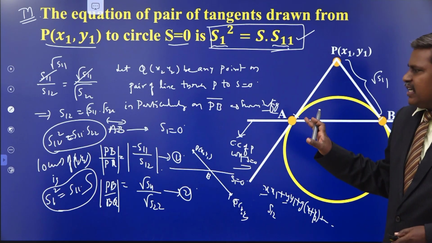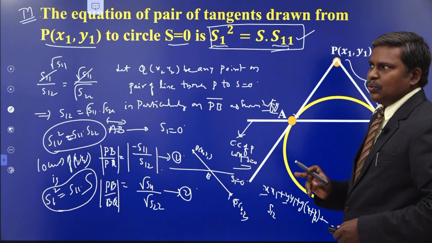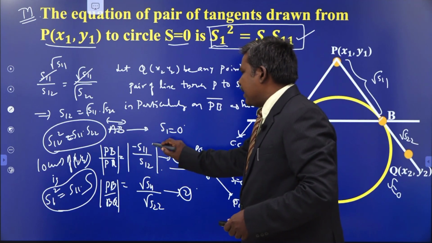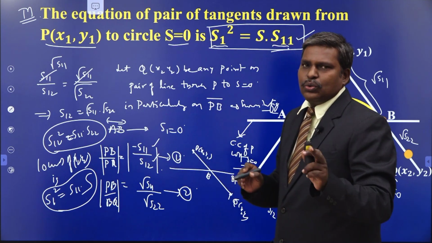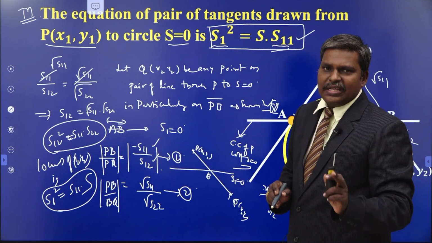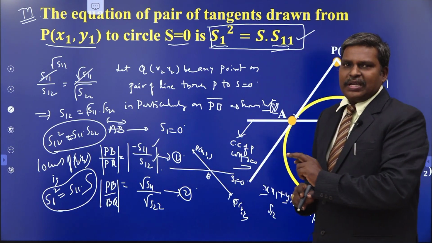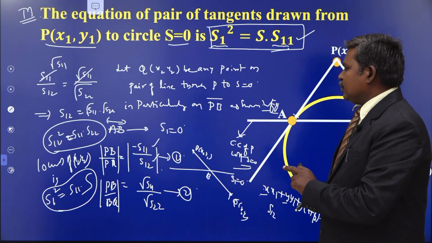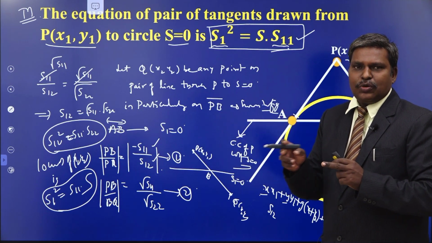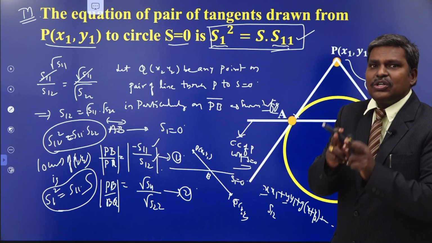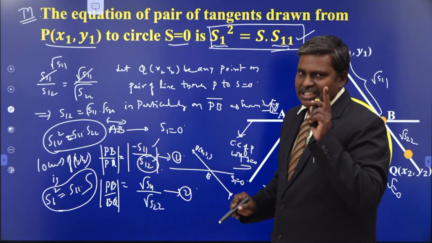Two things you have to remember, dear students. One is the ratio, that is minus L11 is to L22. Instead of L11 we have minus S11, and instead of L22 we have S12, not S22. L22 is obtained by substituting x2, y2 in the line L equals 0. Same concept applies here. Substitute x2, y2 in S1 equals 0. What do you obtain? S22 or S12? S12. Many students make a mistake here. It is not S22, it is S12.